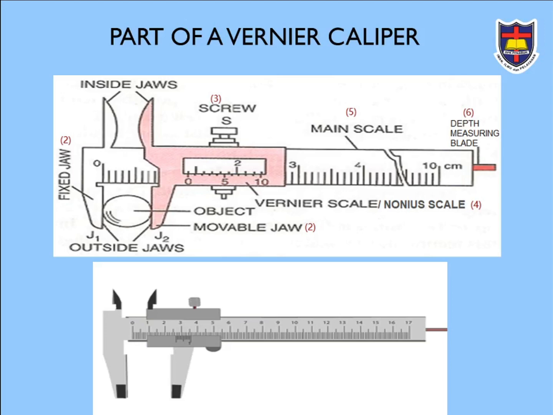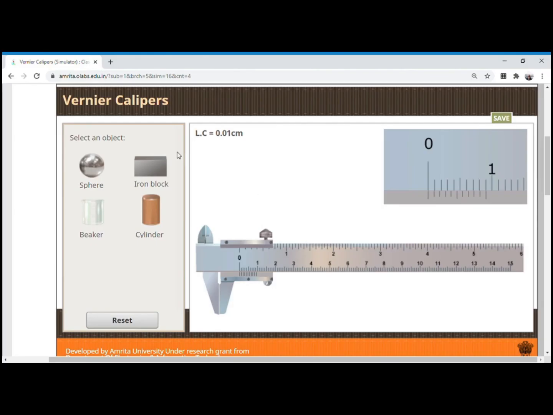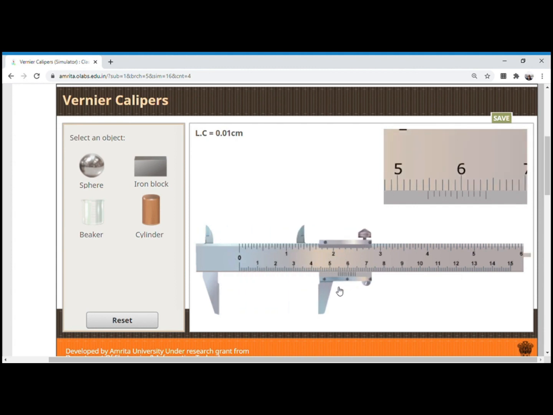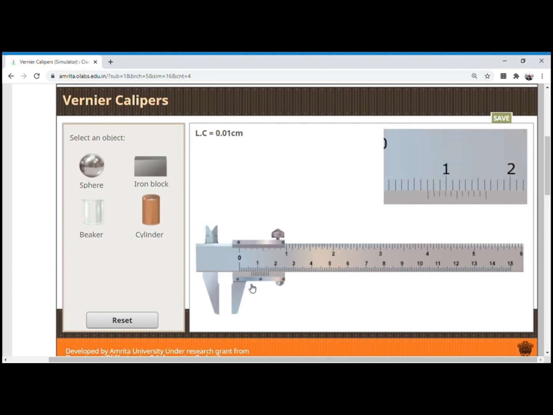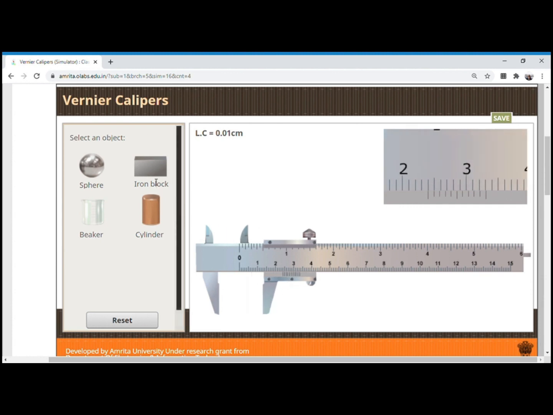Now I will show you the simulation of how to use the vernier caliper. I took it from the virtual lab amrita.olabs.edu. This is a vernier caliper, consisting of a movable jaw and a fixed jaw. The movable jaw is the jaw that can move at the top or at the bottom. The movable jaw at the bottom is used to measure the object like this, to measure the length,